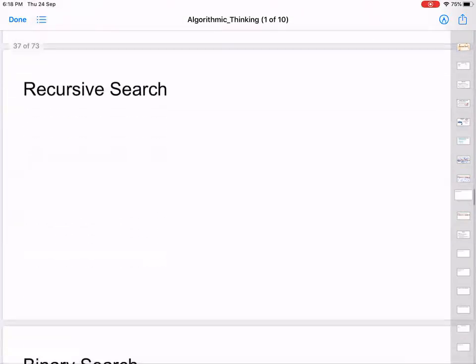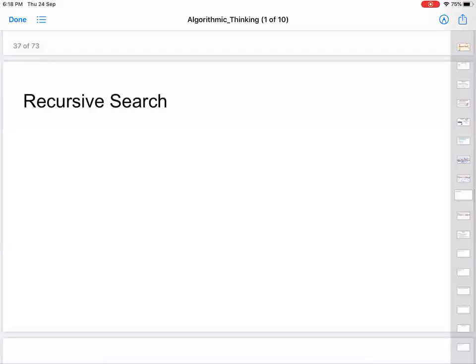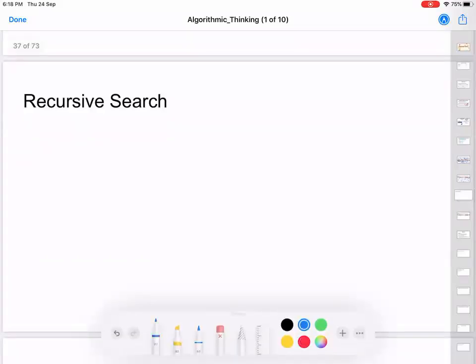Let's see how we can bring recursion into practice with some of the problems we were discussing before. Let's talk about searching in an array. All of us know the linear way of searching in an array, which requires n comparisons. Whatever element you want to search for, you compare it linearly with each and every element, and you are done. How can we do it in a recursive way? If you think about it recursively, you have given me an array and an element, and you want me to search for this element in the array.